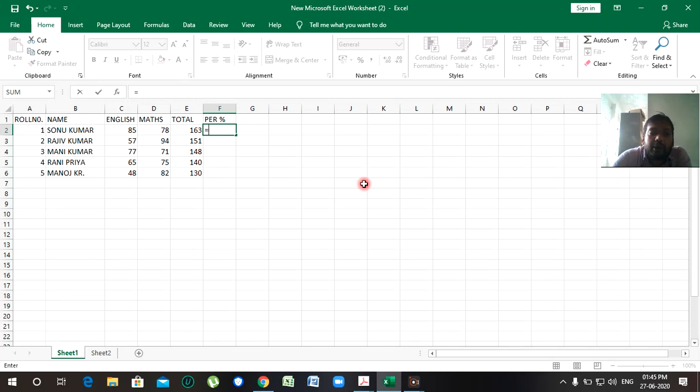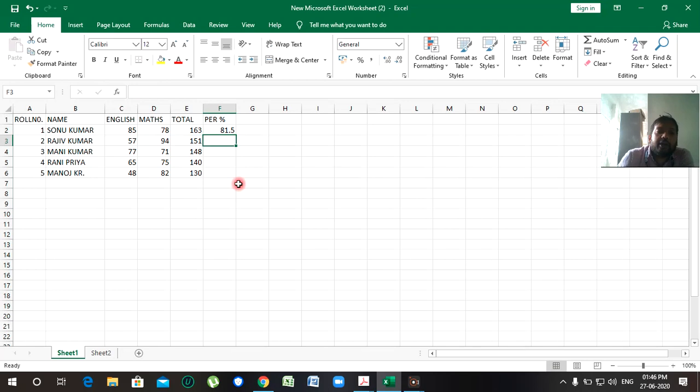We are going to calculate the percentage on the basis of the total, so the cell address is E2, divided by the number of subjects, there are only 2 subjects, so divide by 2 and press Enter. Now see, 80% has come. Same process, drag down. Now here I am going to show you how to use Goal Seek. Click on the Data tab.